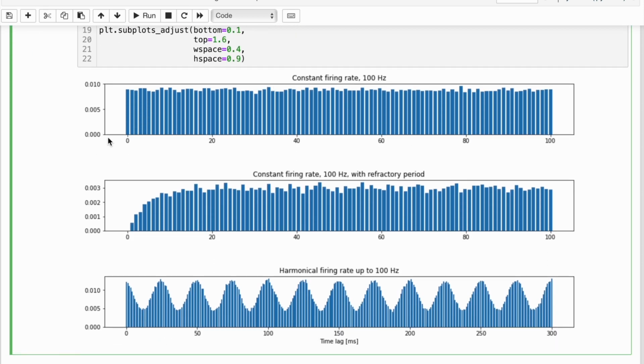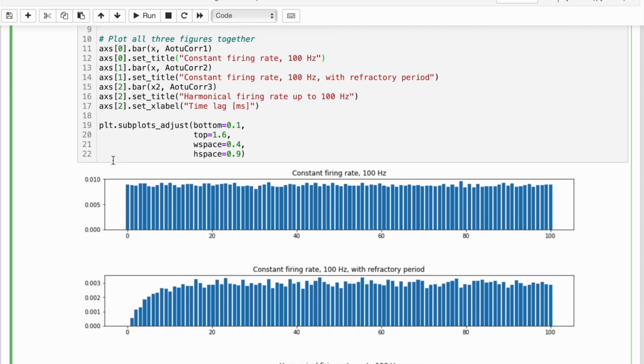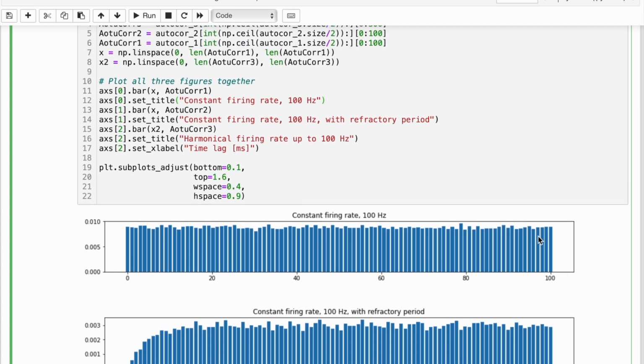I remove this peak at the beginning, which would be 0 lag, and the constant firing rate has no discernible pattern to it. So it's pretty much the same value everywhere, and it doesn't differ as a function of the lag of the